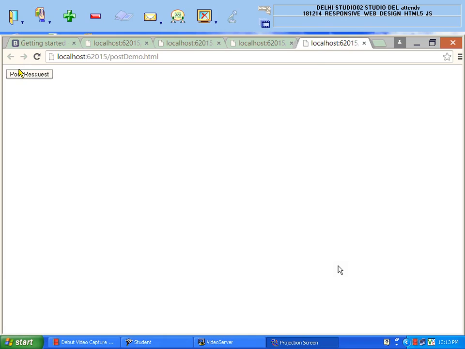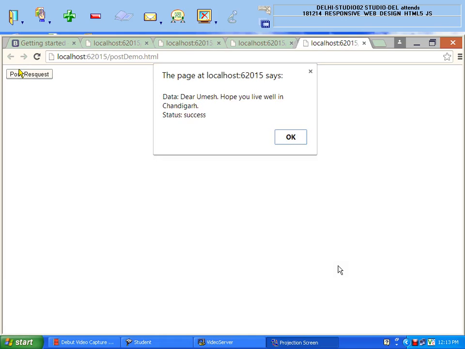So you can find on your screen, I'm getting a message, dear Umesh, hope you will live well in Chandigarh, and the status is what? Success. So three functions I have used basically until now. Load, to load content from the server, whole file I want to upload, or maybe the partial part of the file. Then I use a get method. That method I use to fetch the response of the web page from the server.